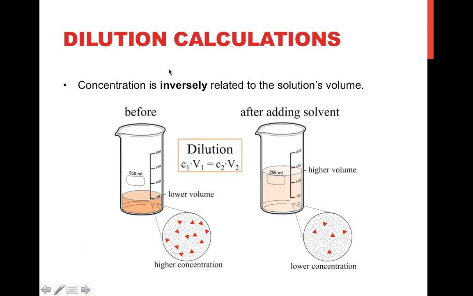Now, as we can see based on this equation, concentration is inversely related to the solution's volume. So if concentration's high here, it's going to be low here, and vice versa. Same thing goes for the volume, because the products of C times V will always have to be equal. Right? So we're going to go through a few sample problems to get comfortable using